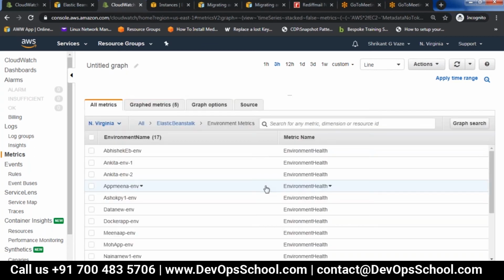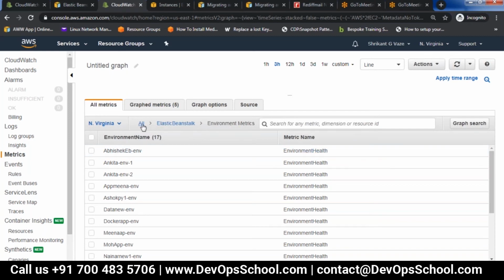We created an environment, and these are the metrics for environment health. When we went to Elastic Beanstalk, it gave certain health related parameters. These are pulled from CloudWatch.